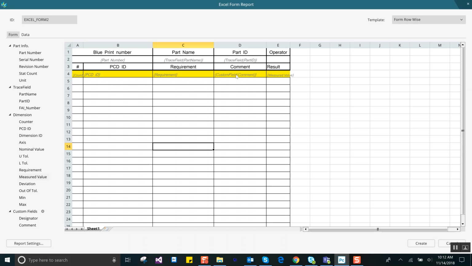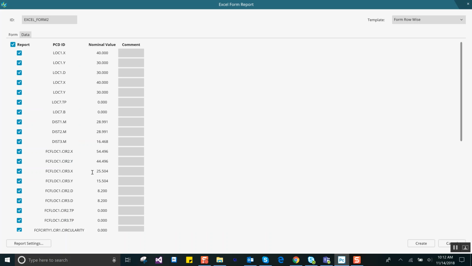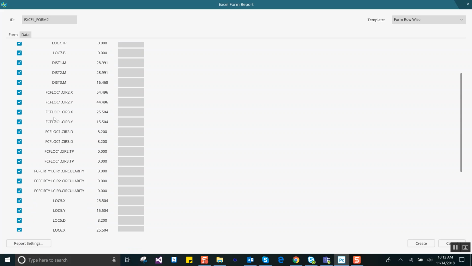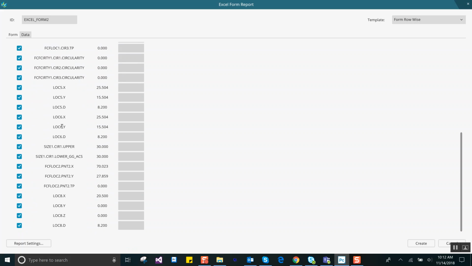Here I have used a comment field. So I need to type the comment because the comment is not a part of a dimension in PCDMIS. To do that, go to Data tab and in the Data tab, you will see all the results in your